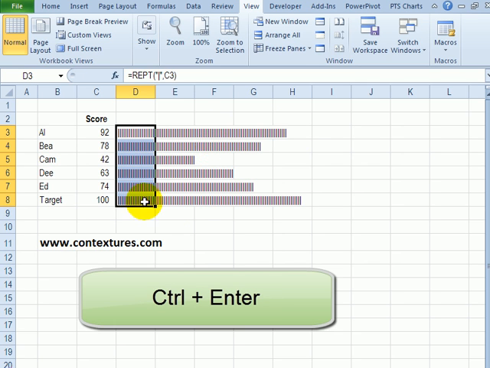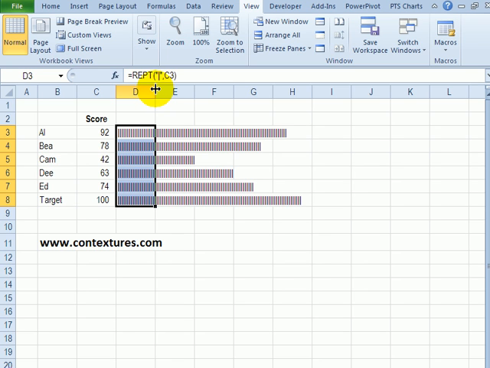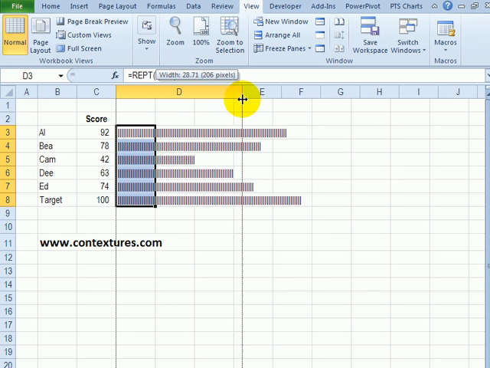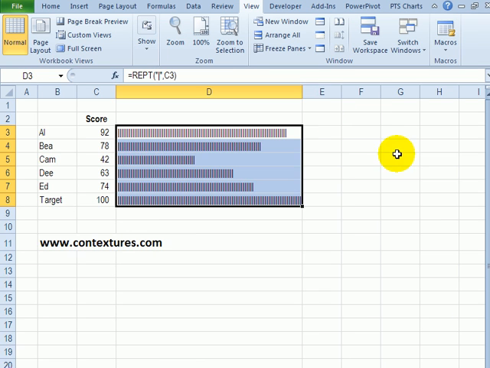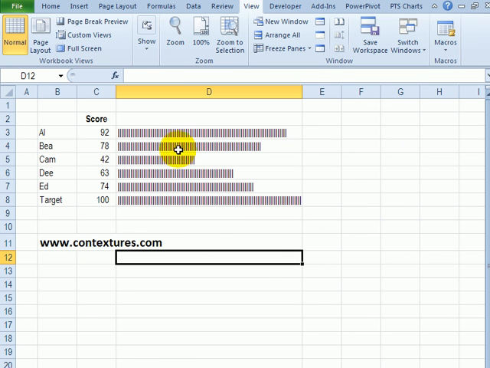So now we have a little bar chart really in column D. I'm going to expand it so that the cell with the 100 is exactly at the end. When I click away, we can see our little bar chart that we've created using the REPT function. I find these bars can be a little hard to look at though, so